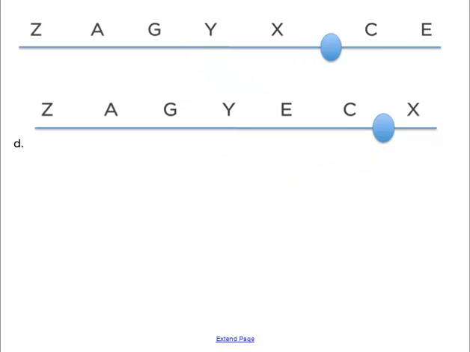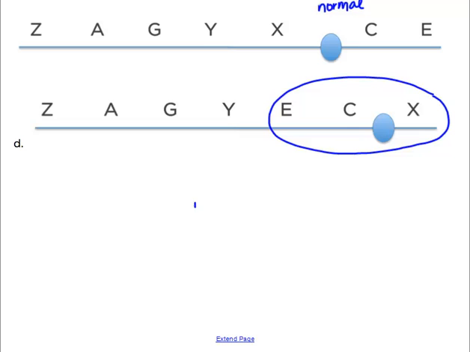And finally, part D, you have ZAG, Y, but then on the top, you have X centromere CE, and remember, this is the normal chromosome. But on the mutated chromosome, you have EC centromere X. So this is the part that was mutated, and as you can see, again, this is just a flipping or an inversion. So this is an inversion